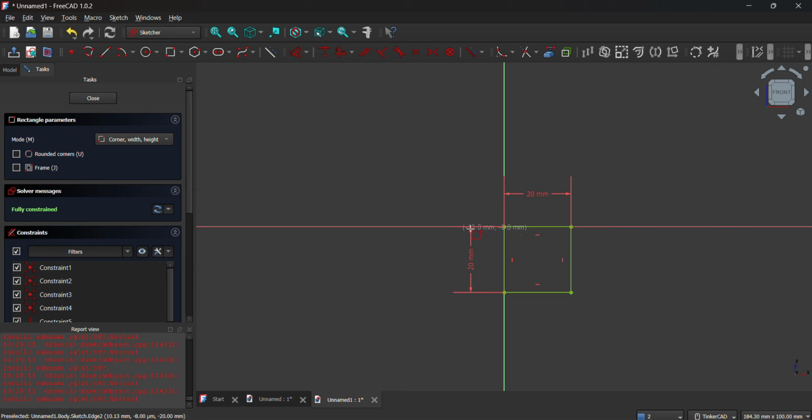Observe that it's already fully constrained because I started my drawing here at the middle or the center of the Cartesian plane, which is 0, 0. So this can no longer be moved up and down or sideward. If you want to fully constrain your first object, you can click here to start your object. If you happen to click somewhere else, then you have to make it green, or fully constrained, first. So my tip is start at the center so it's fully constrained. Now click close. Again, make sure you are fully constrained. If not, use the dimension tool to fully constrain your object. Since my object is fully constrained, I'm going to click close.